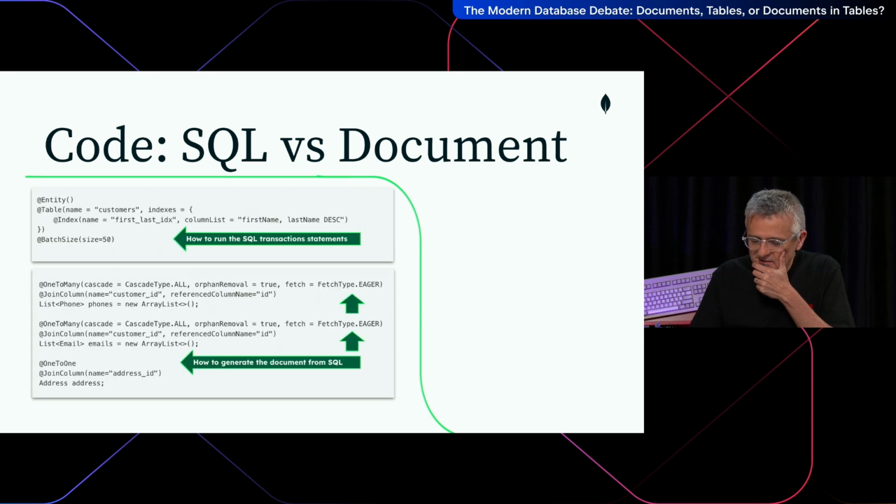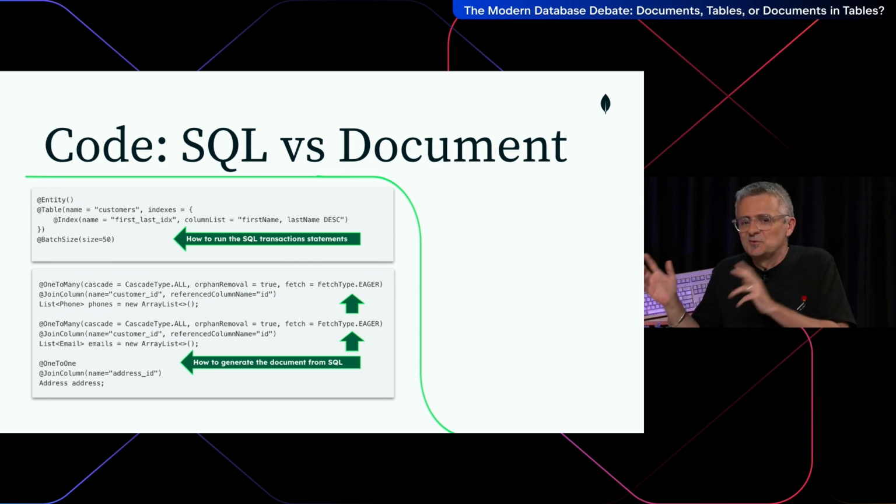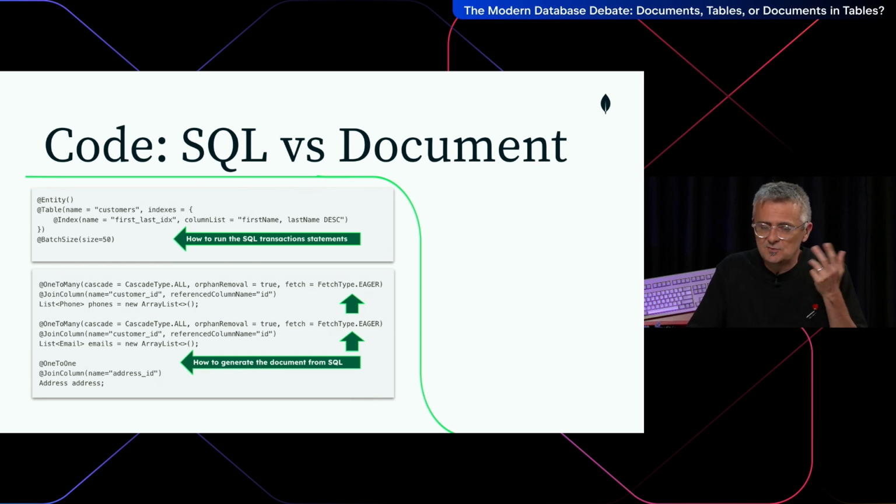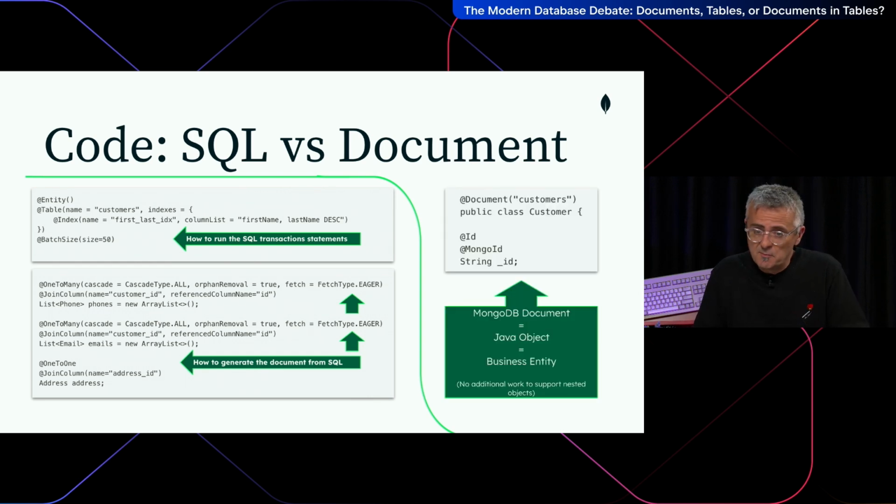And for the code, we see the difference on a relational database. Then we have this mapping to do, and also some tuning to do on it. Do I want to avoid too many round trips and read by batch? And do I want to read everything, every object related to it, at the risk of reading too much, but reducing the round trips? So you have this choice to make when you do the object relational mapping, whereas with a document, you already made this choice when you designed the document. So you just map the document to the Java objects easily.